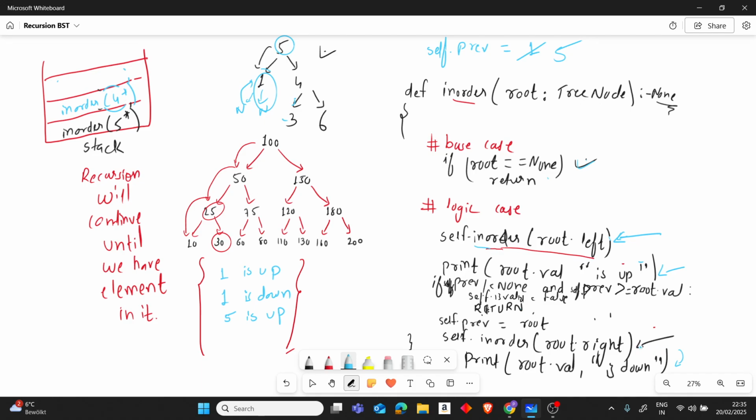4 will be called. So we will again go back and check, is 4 none? No, it's not. Now again, 4's left, because right now our root is 4, so root dot left, 4's left is 3. So in order of 3 again,